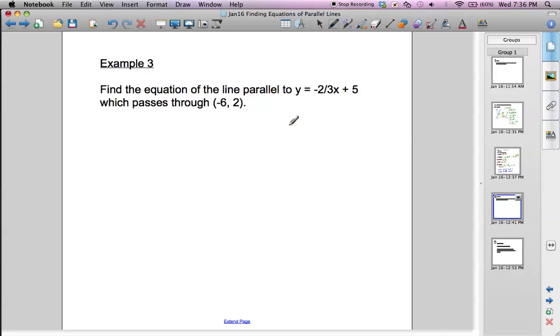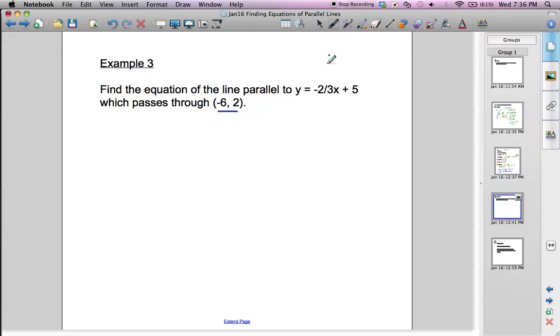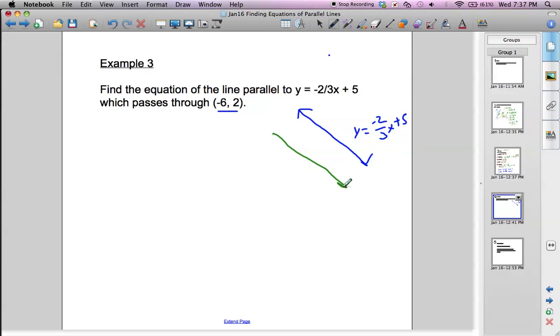So find the equation of the line parallel to this line, which passes through this point. No picture here, but if it helps you, we can make a little sketch. So this equation is going to look something like this, maybe. That's y equals negative 2/3 x plus 5. But we're not interested in that equation because we already have the equation for that line. We're looking at a parallel line. So it's going to have the same slope, but a different y-intercept, and it's going to go through this point,